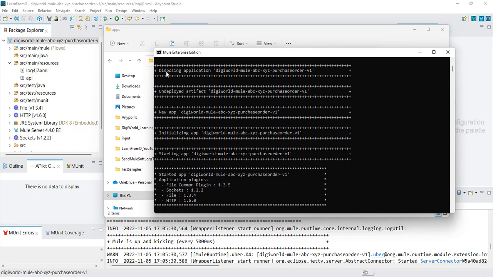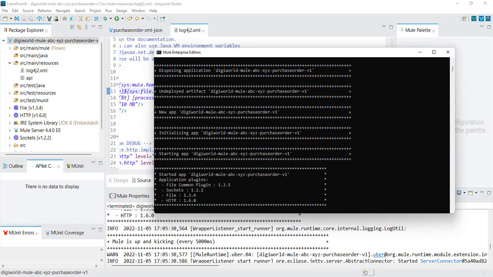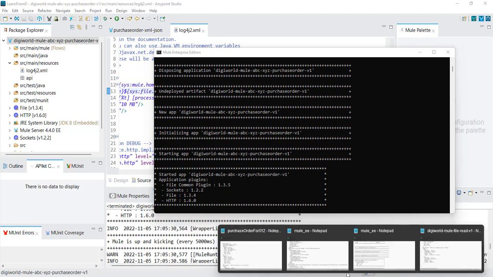So if you see, disposing application, and then undeployed and new app, so it has taken the latest app from here. And if you see, the timestamp is also updated. Now let's send some request to our application. Okay, and another thing is that